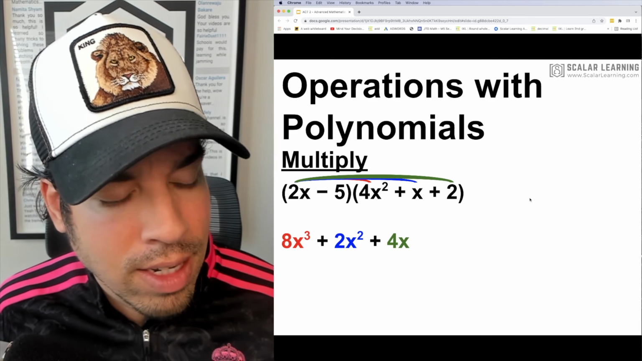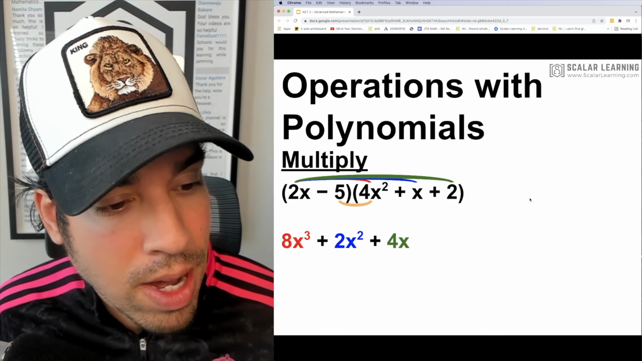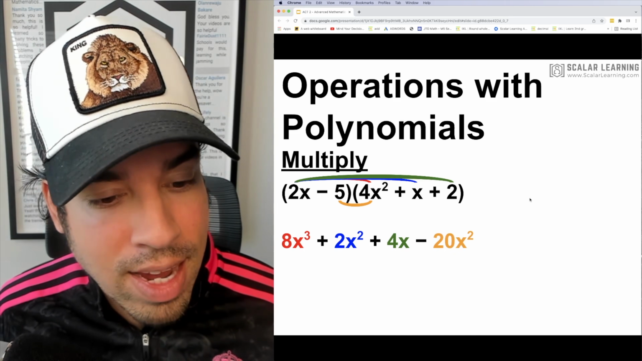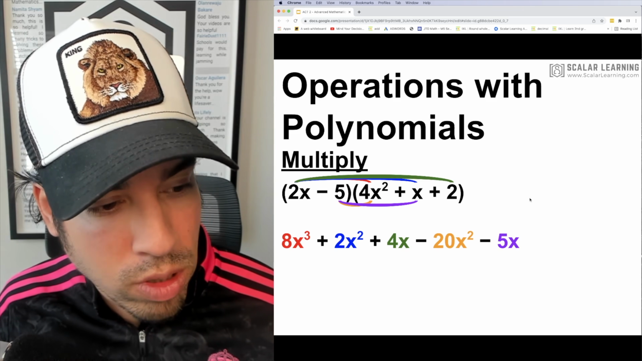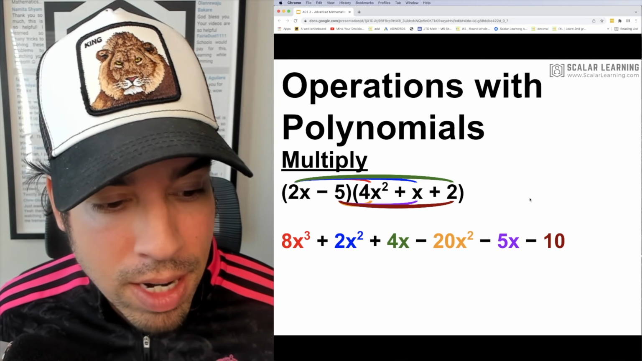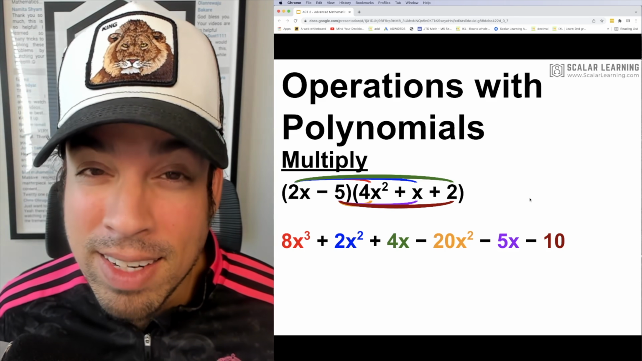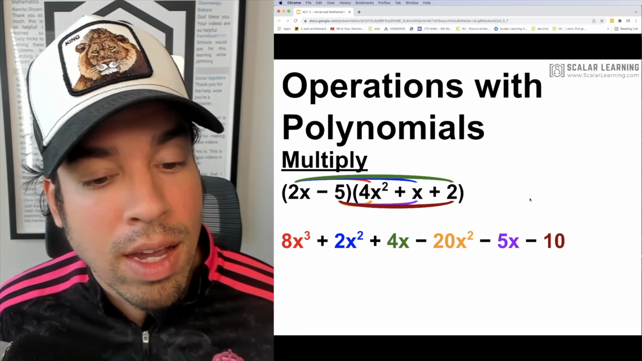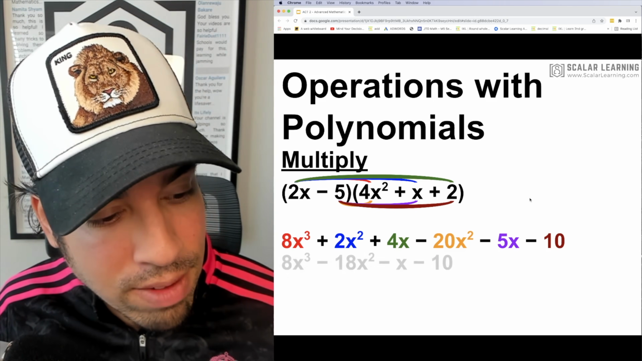Then we hit the negative 5 up and multiply down the line the same way. So then we have negative 5 times 4x squared, which is negative 20x squared. Negative 5 times x, negative 5x, and of course negative 5 times 2, which is negative 10. Now we're going to combine like terms. You can see that the 2x squared and the negative 20x squared are going to make a negative 18x squared. And then that 4x and negative 5x are going to make a negative x